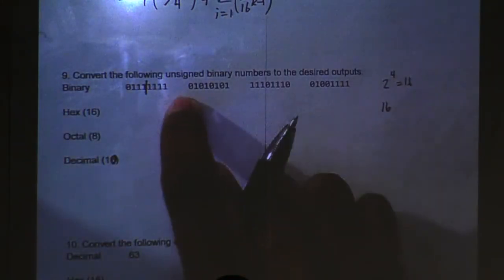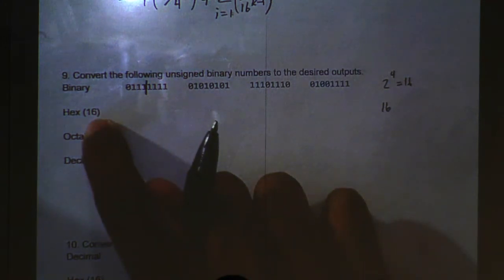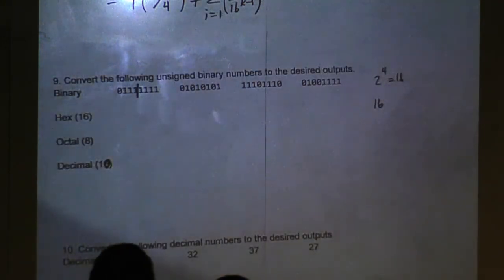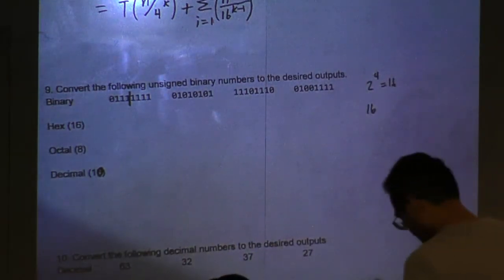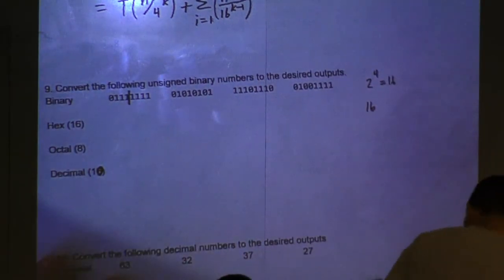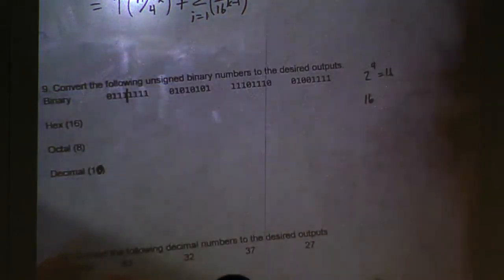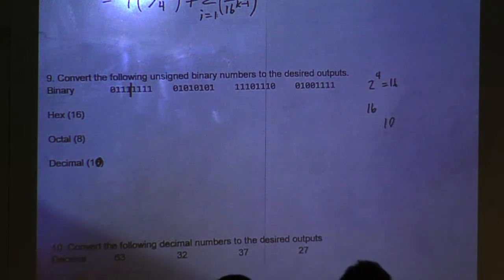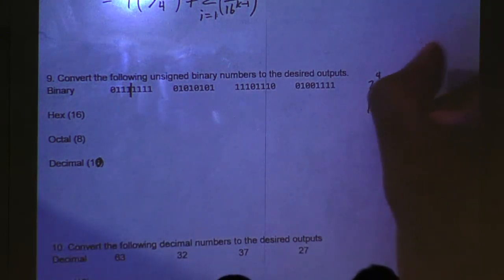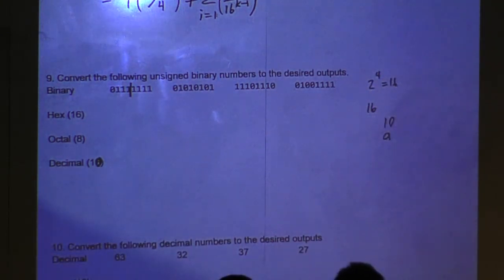So every 4 binary digits is going to be the same as 1 hexadecimal digit. Hexadecimal counts from 0 to 15, but instead of representing 10 as the number 10, which would get confusing with 1, 0, you count from 0 to 9 and then go A